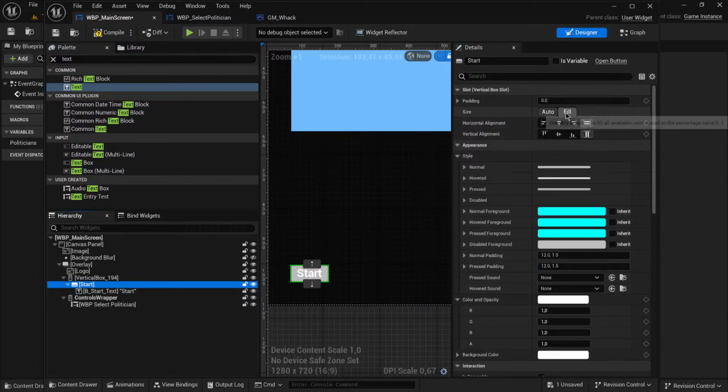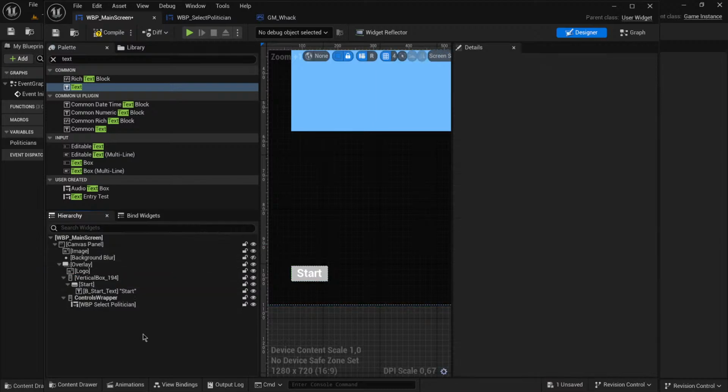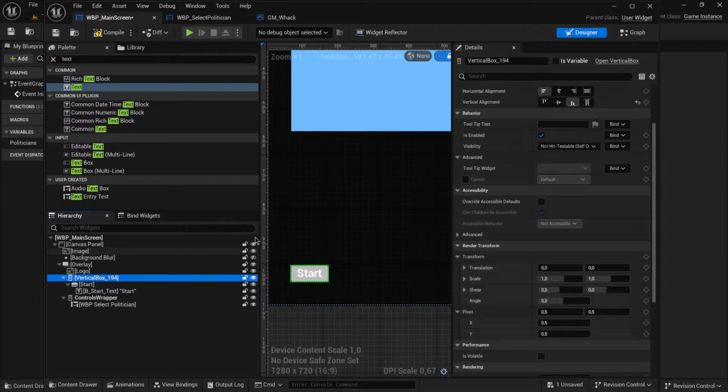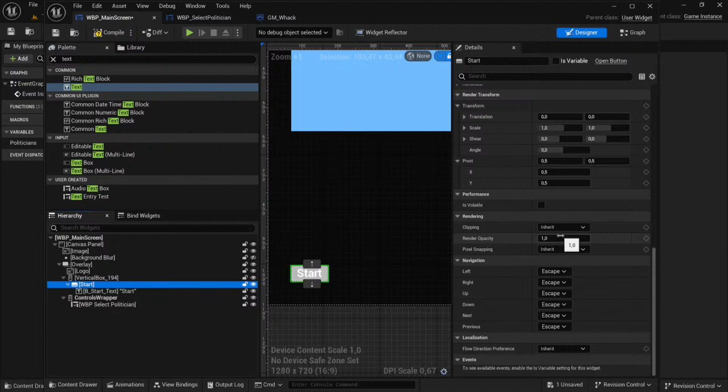It says a fill. But how far is the size? Because we never said here the size. Yeah, I will have to look it up later. I want to try this button here. So we compile it. It says start. And if you go to graph,